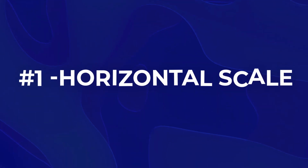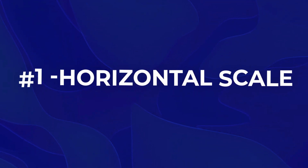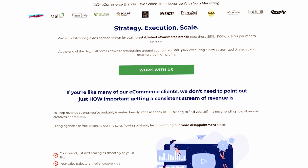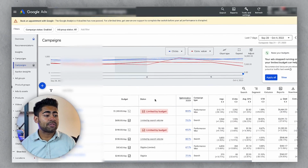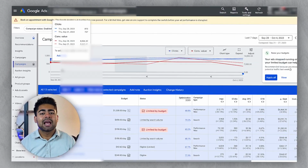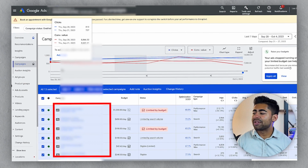The first strategy, which I like to call the horizontal scaling strategy, is one of my most favorite ones yet. And the way it works is fairly simple. To illustrate it, I've gone inside this ad account here, which is under my Google Ads agency, and we're currently in the process of implementing horizontal scaling. But one thing you will see with this account is there's a whole bunch of campaigns running at this moment,